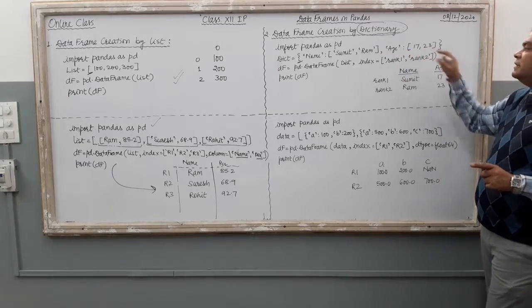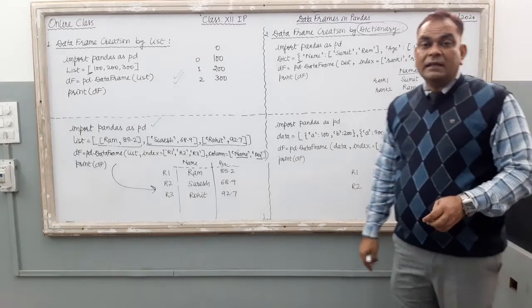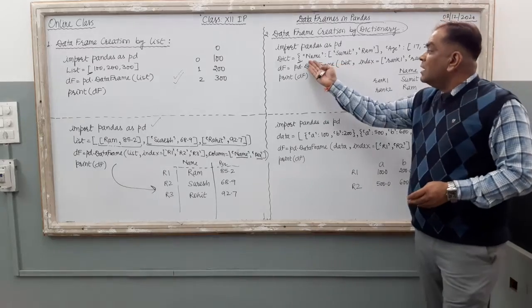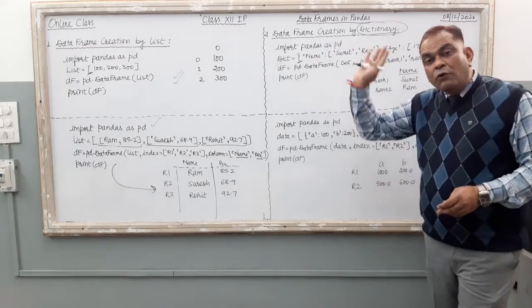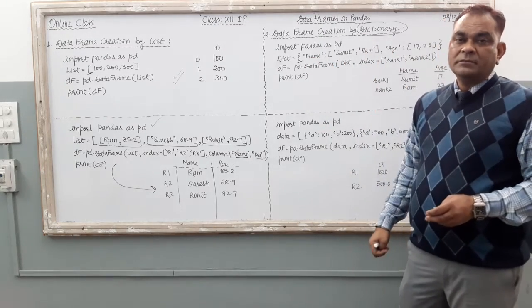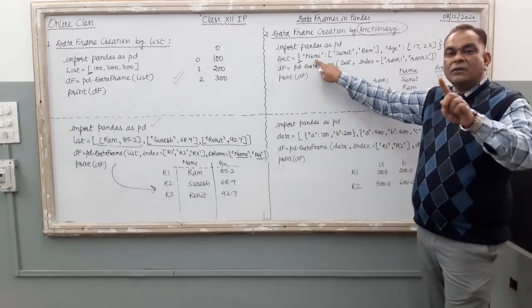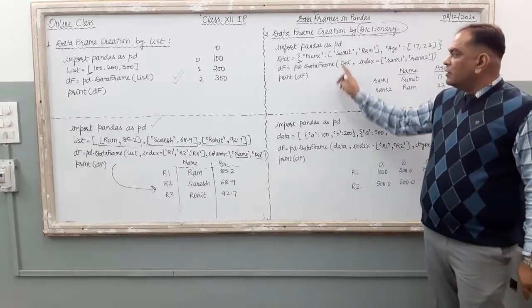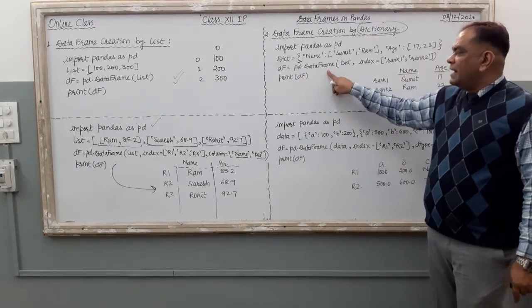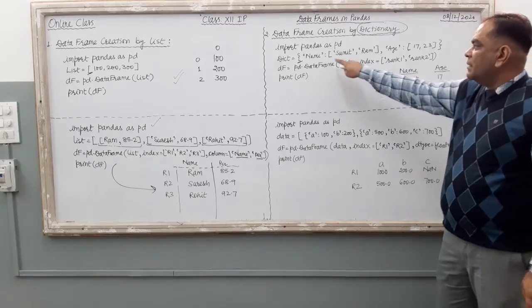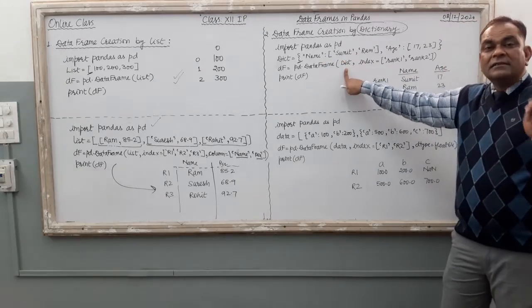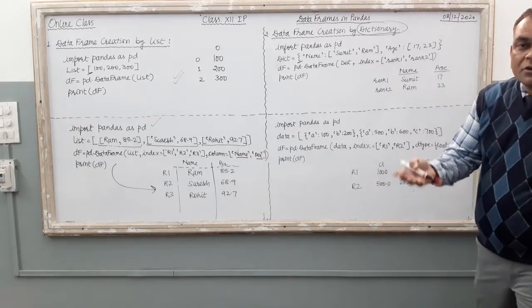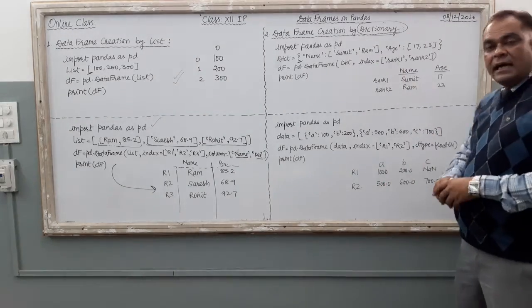Just see 17, 23. Now when we create a data frame from a dictionary, you do not need to give the column names. The computer takes the keys of the dictionary as the column headings. Right? Name should be the heading of the column. Age should be the heading of the column. Clear? Now just see df equal to pd.DataFrame command, dictionary means these values are treated as data. Index equal to rank 1, rank 2. Columns not given, there is no need to give them; the column names come automatically. Right?